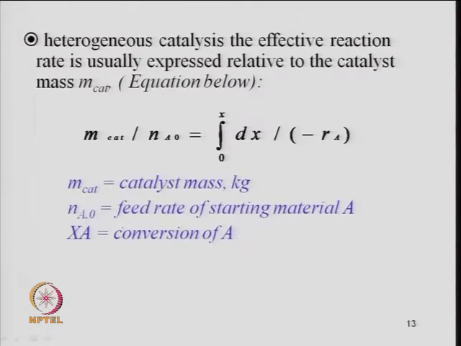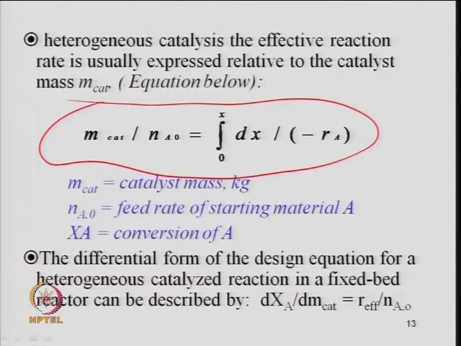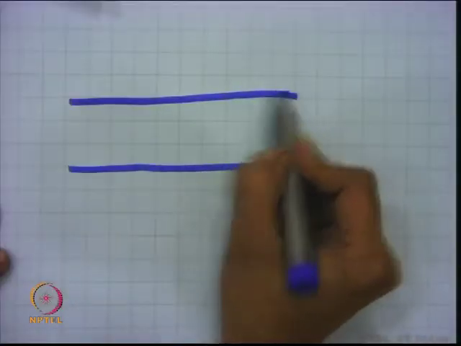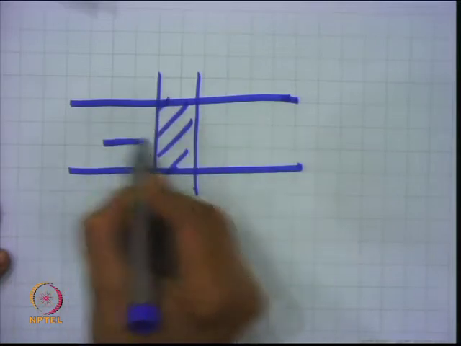If you look at the design equation which I have already talked about, basically this is your heterogeneous catalytic reactor design if you have a packed bed reactor. So, this is the mass of the catalyst divided by the feed rate, right. It can be a molar feed rate or the mass feed rate. This is the same expression which I have written in the form of W by FA naught, and since I told you that in a plug flow reactor the conditions change down the length, this is our plug flow reactor and we are taking a differential element here, and for this we are writing our